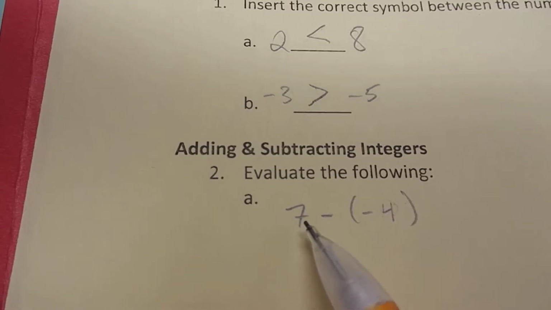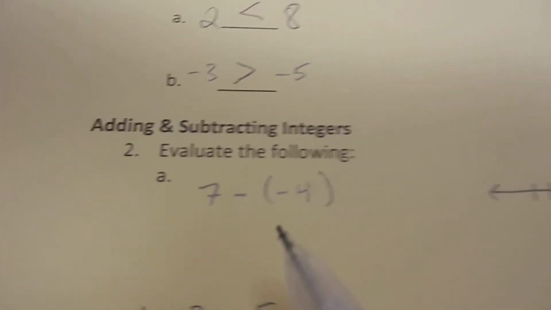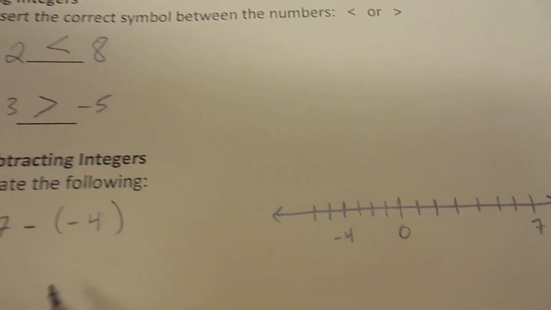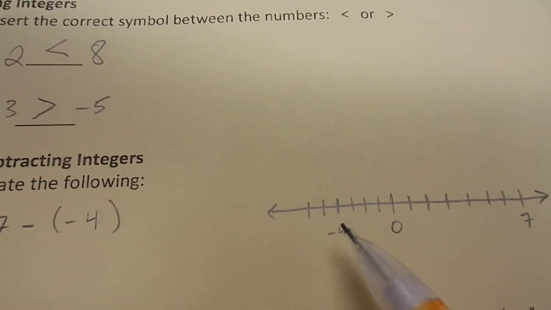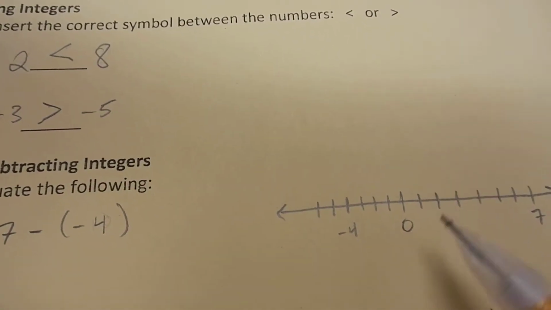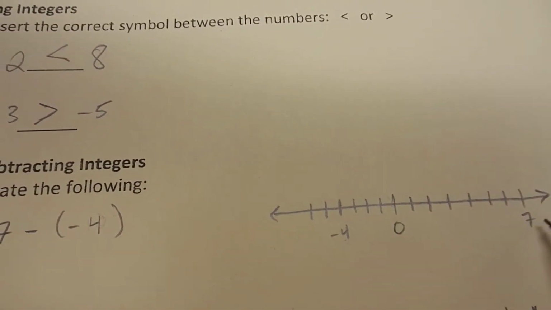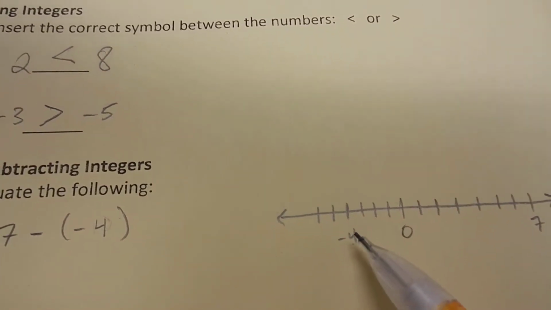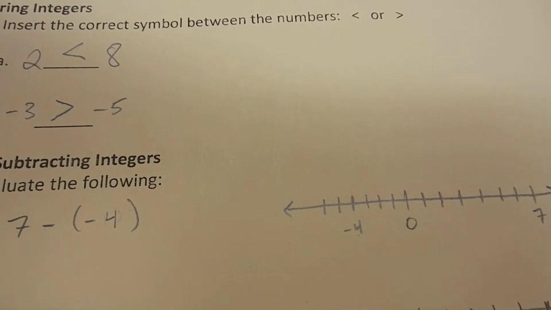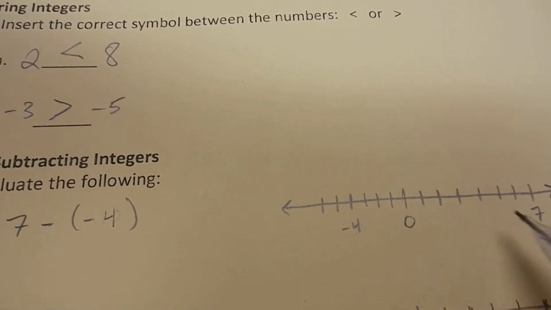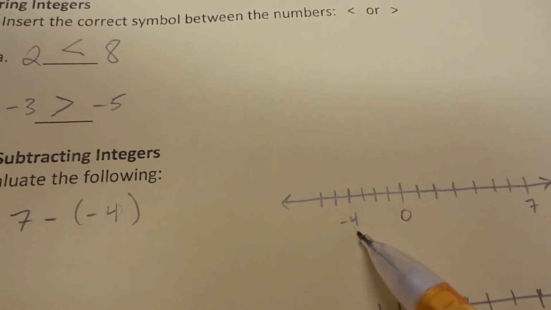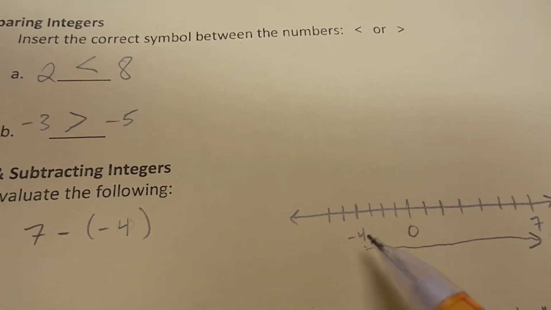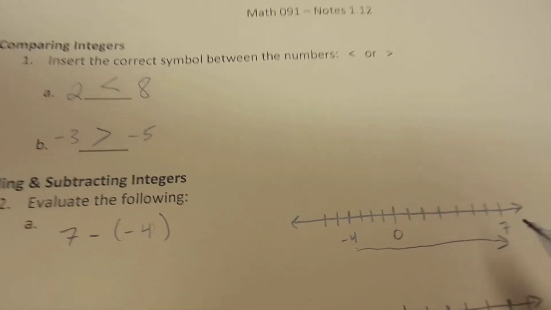Well, on a number line you can see that real clearly. Let's look at a number line here. Here's negative 4 and here's 7. We got to think of this subtraction here as a distance, and it's from that negative 4 to 7. In other words, how far is it from negative 4 to 7? Well, you could actually count the numbers in between. That's going to be 11. And if we're thinking about the distance from negative 4 to 7, that would actually be a positive 11. So from this number all the way to that number is actually 11 units, and going in that direction is